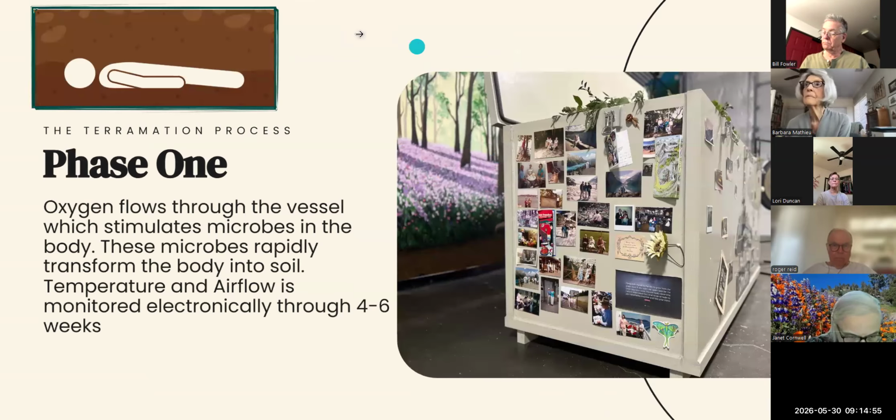From that point, and here's another close-up shot of one of our vessels that was decorated. After we have placed that second layer of organics, we're now going to close that vessel and then place that person in whatever spot they're going to be staying at, or return home, for the next anywhere from 30 to 60 days. And all that we have to do in that time is just monitor the temperature and the airflow inside of that vessel.